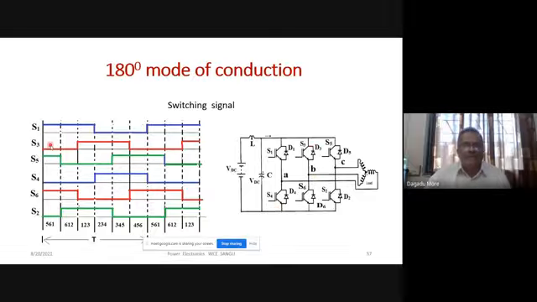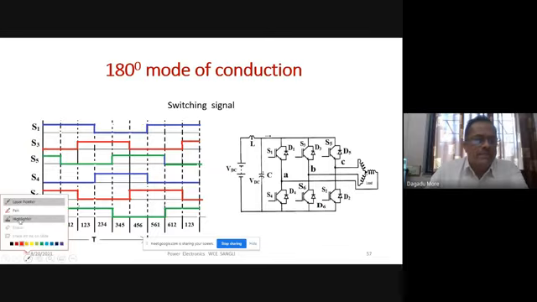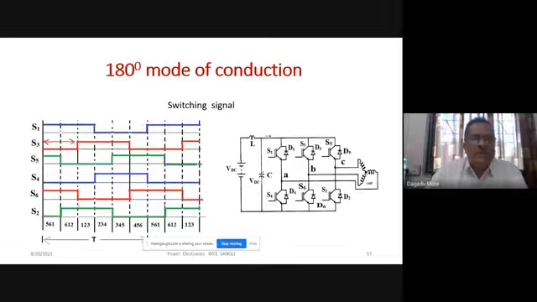In the second leg, we have devices S3 and S6. But we have seen that the phase shift between S1 and S3 is 120 degrees. So this is our phase shift, 120 degrees between S1 and S3. And again, S3 conducts for a period of 180 degrees. When S3 is on, S6 is off,